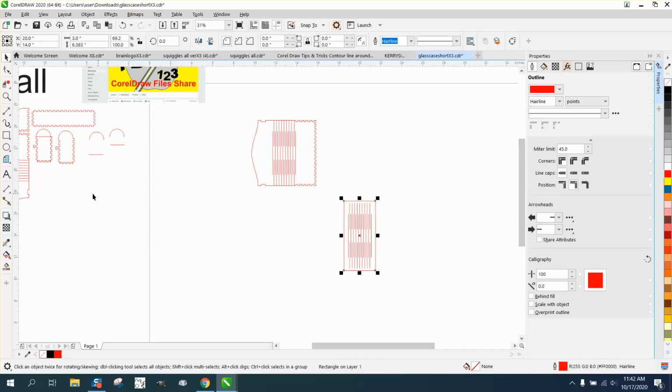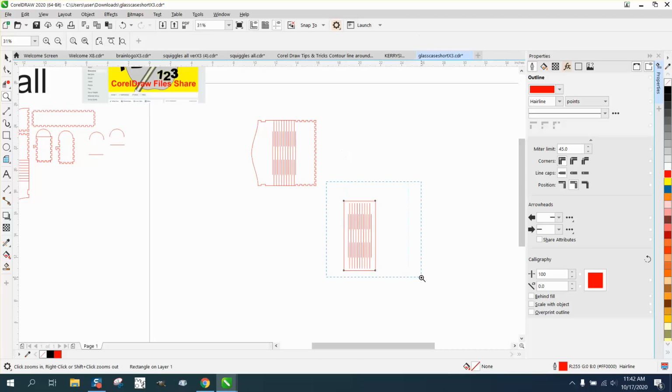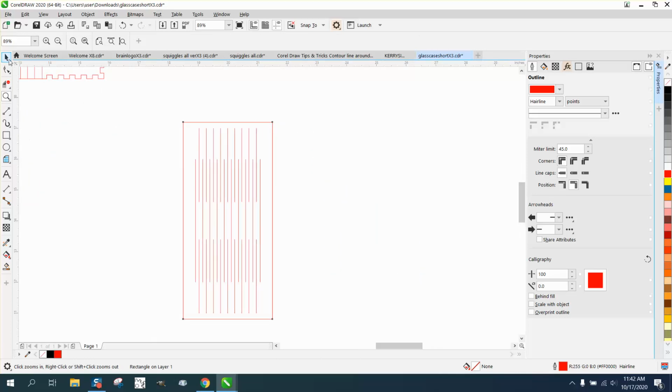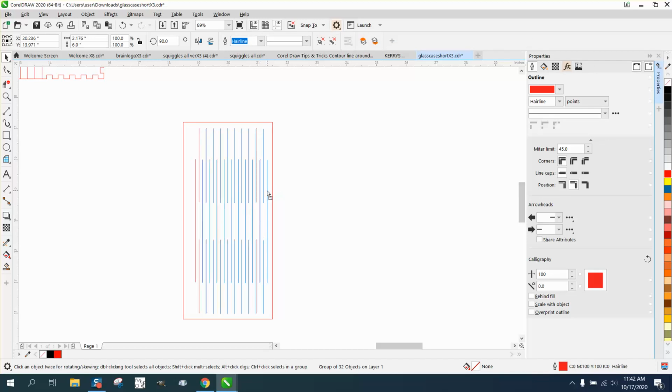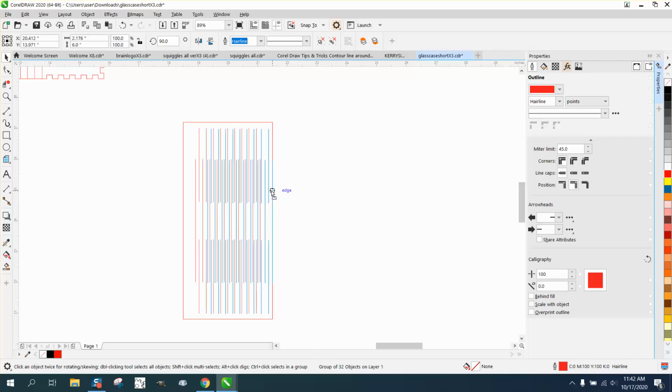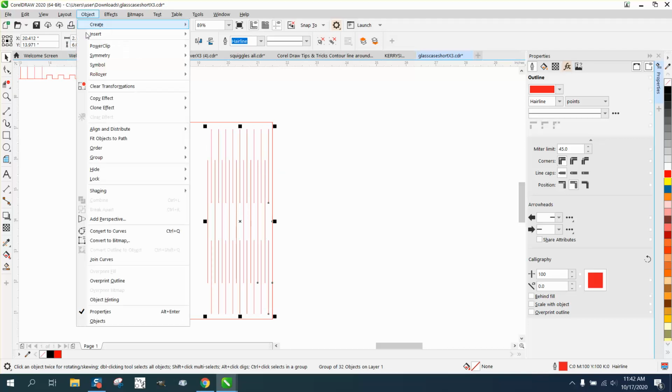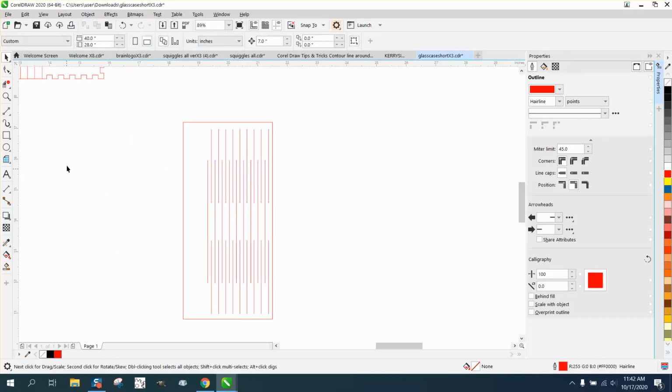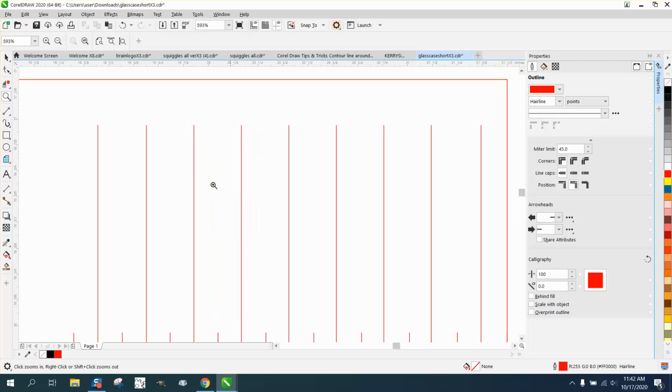For right now, we're not going to worry about the length. But what we can do is grab this and move it over to the first cut of our 3. Then we can go to Object, Group, and Ungroup,